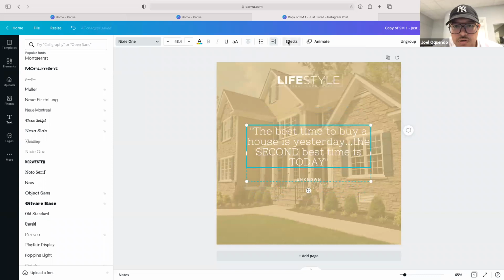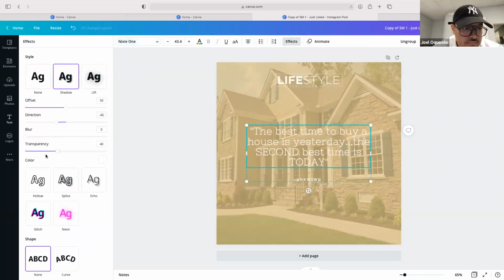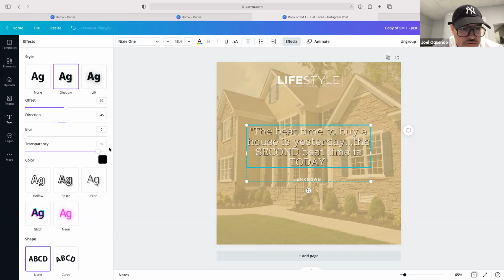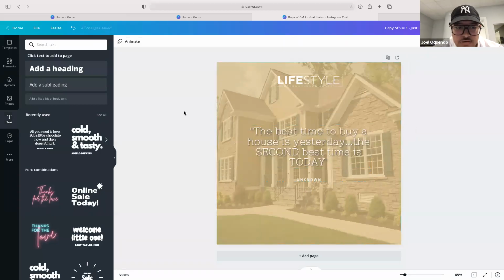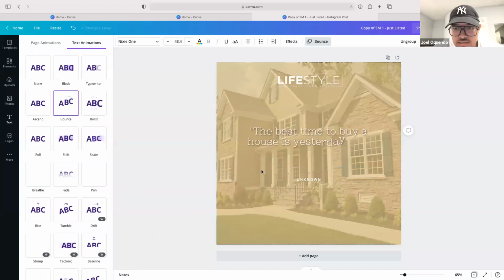You can also go here to effects and you can add a shadow, which you'll go here and you'll pick the color of the shadow, which I usually choose black. I'll choose 100% transparency, and then I'll up the blur so that it doesn't look so harsh. If you wanted to do that, you can do that as well. There's a number of things that you can do. You can also animate it. So if you want it to bounce in like this,